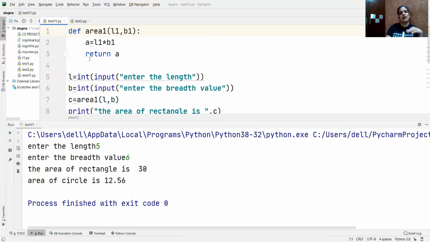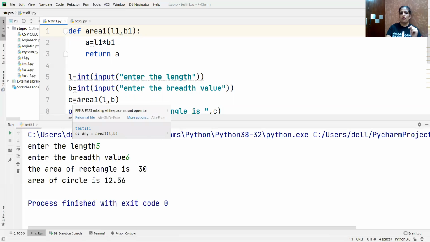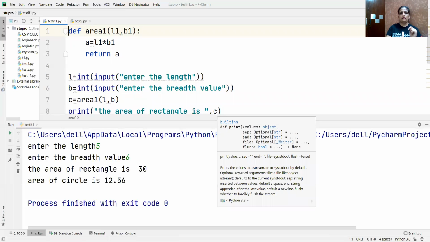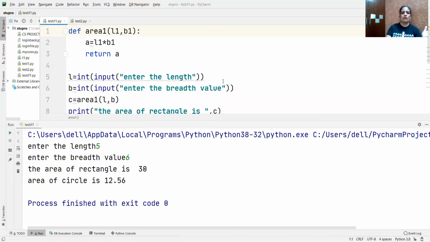वो return करेगा. उसका काम सिर्फ इतना है प्रोसेस करना और वैल्यू को रिटर्न करना. प्रिंट करने का काम और वैल्यूज को लेने का काम, it hardly matters to this particular function. ठीक है, वो उसका काम है सिर्फ रिटर्न करना. The result it will return. ठीक है, तो उसने यहाँ पे रिजल्ट रिटर्न करा, सी में स्टोर हुआ और मैंने सी को प्रिंट करा. Fine. So like this you can execute your program. Small solve functions you can generate.